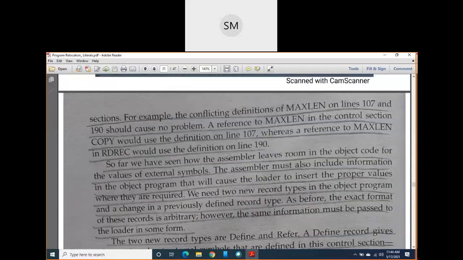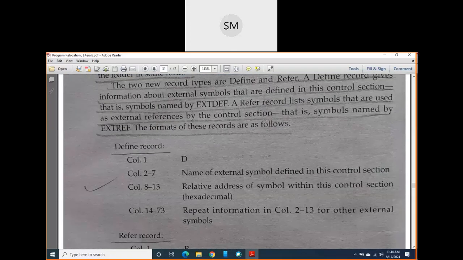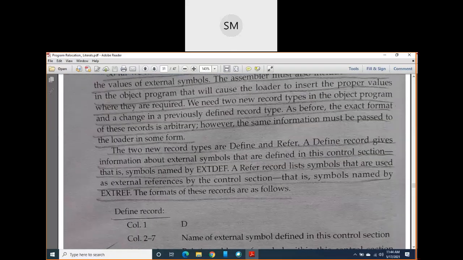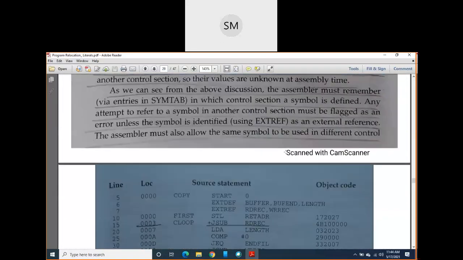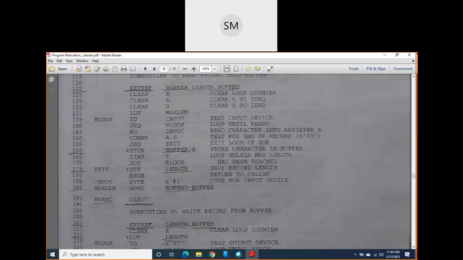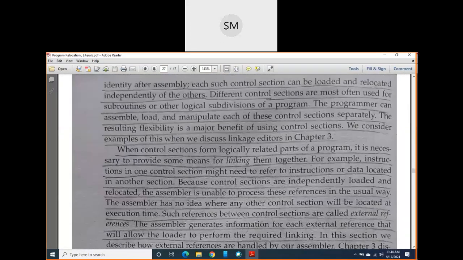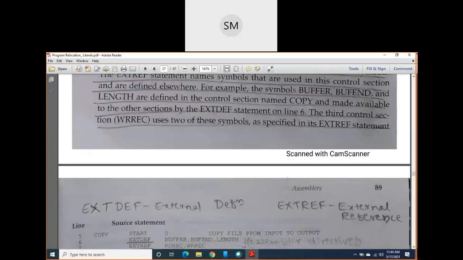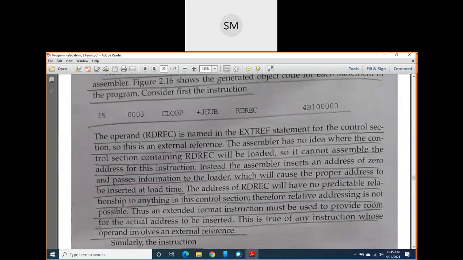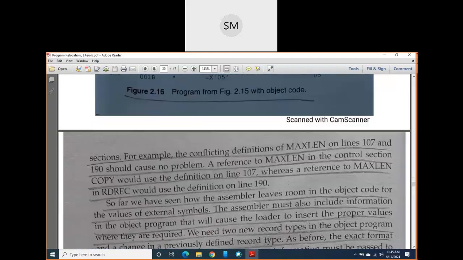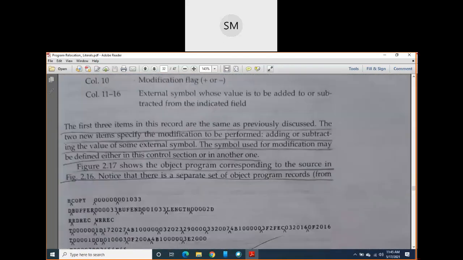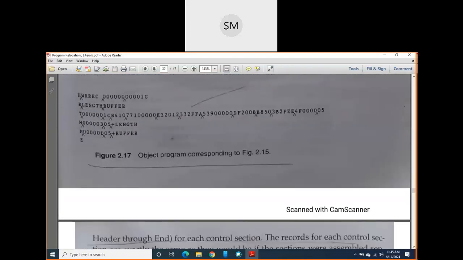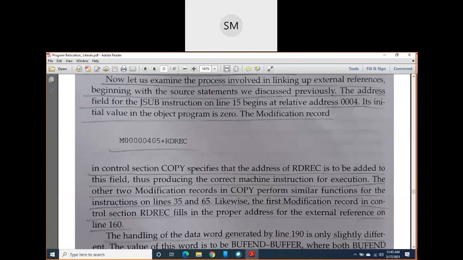Before that, what we have studied is the algorithm, I think I explained it to you. No, I didn't explain the algorithm here.